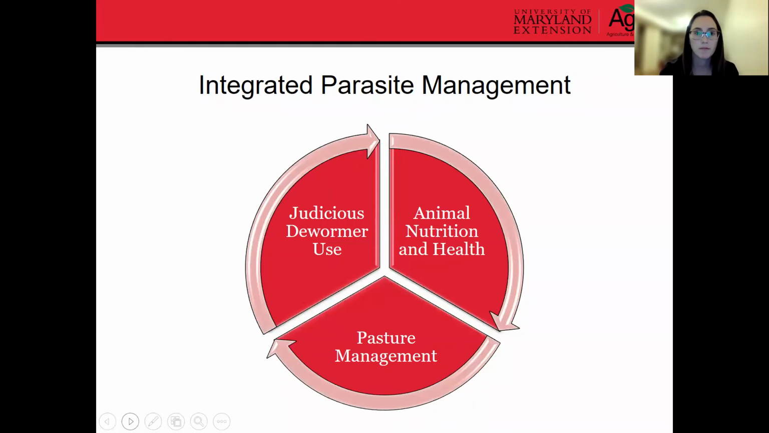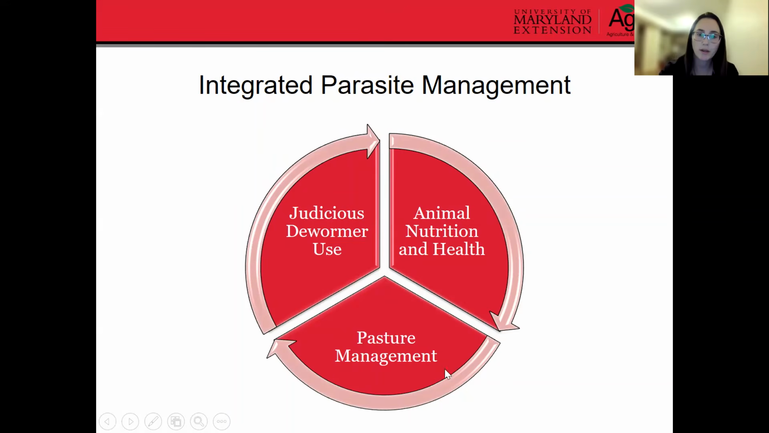So because of that, what we think going forward for parasite management is we need to take an integrated approach. Integrated parasite management involves 3 different pieces to help us manage parasites on our farm. We have the animal piece. We want to make sure we're providing our animals a nutritious diet and making sure that they're as healthy